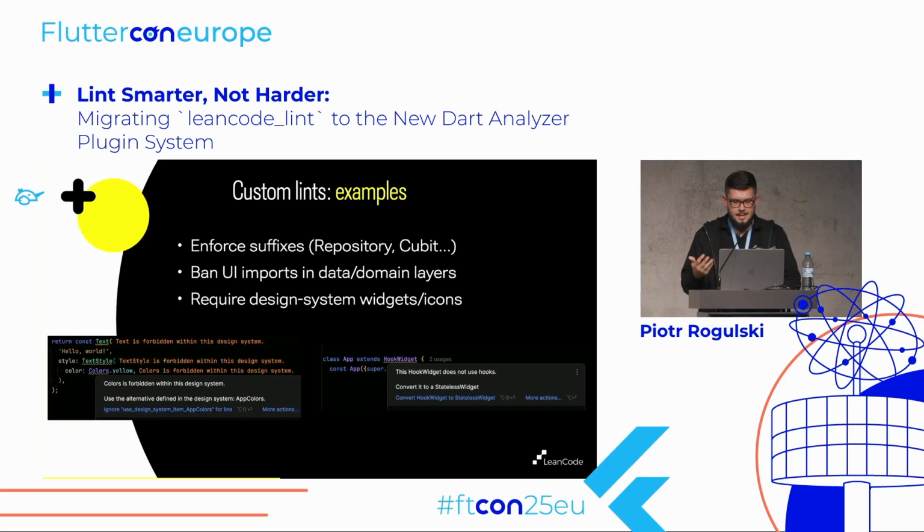It's an optimization and a good practice to only use the hook widgets when you actually use hooks. So this lint can automatically flag and fix these usages as you type. Another, in my opinion, the most powerful example of a custom lint is enforcing architecture standards and usage of specific